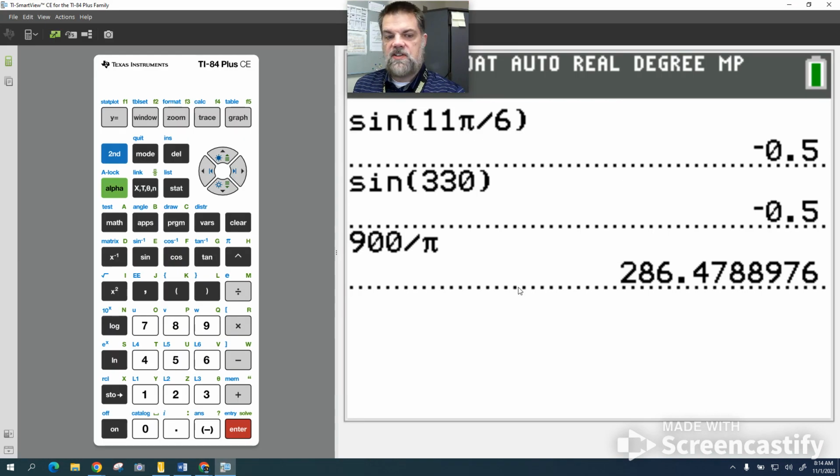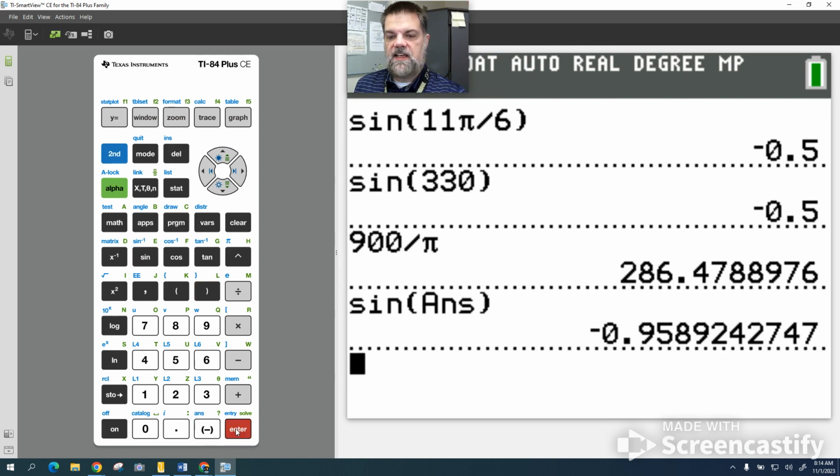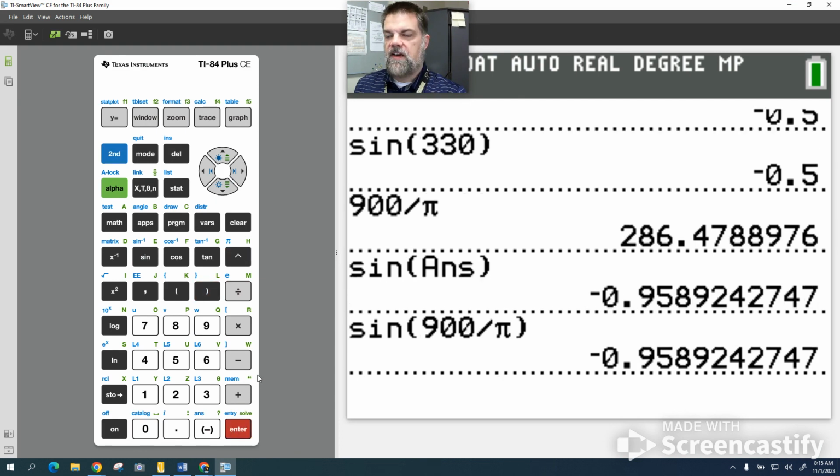This is my answer. So I'm in degree mode right now. If I say sine and then I plug in the answer, because this decimal goes on forever, if I plug that number in for sine, I'll get this. Or if I plug in 900 divided by pi, because they're essentially the same number, I'll get the same answer. Okay, so it really depends on